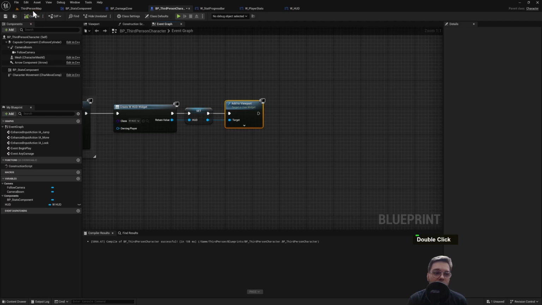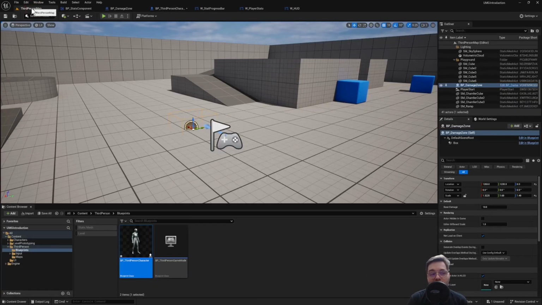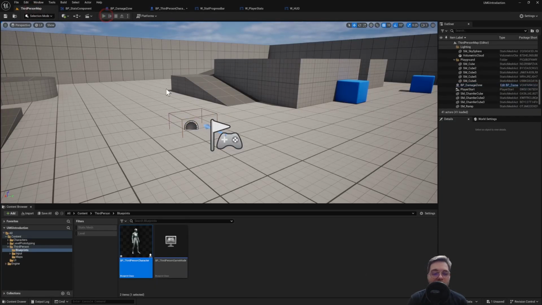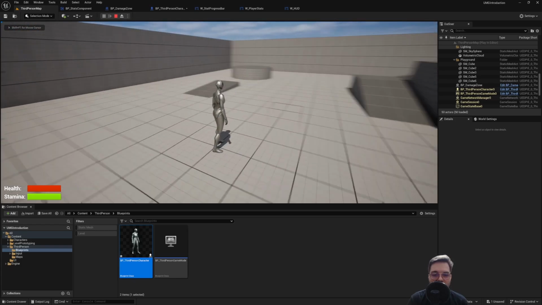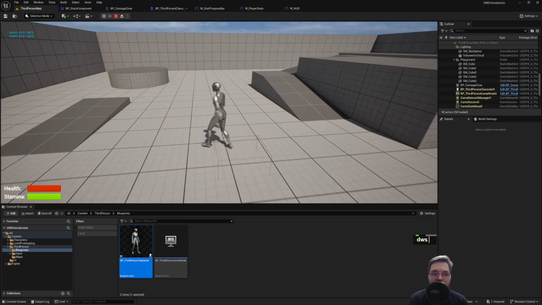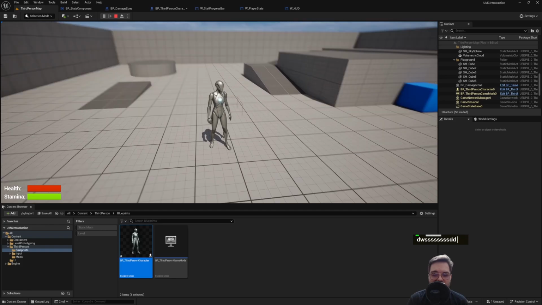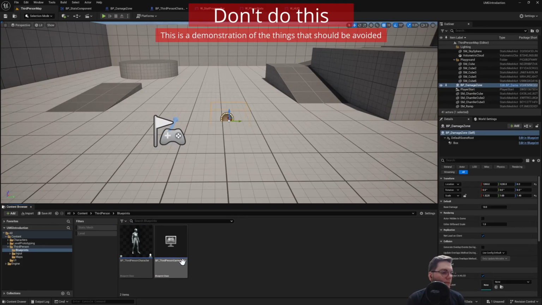Okay, seems good. We can go back to third person map and hit play. And yeah, we have our HUD on the screen. But the damage is not working because we didn't connect everything. As I promised in the beginning of the video, I'm going to show you the incorrect way to do the